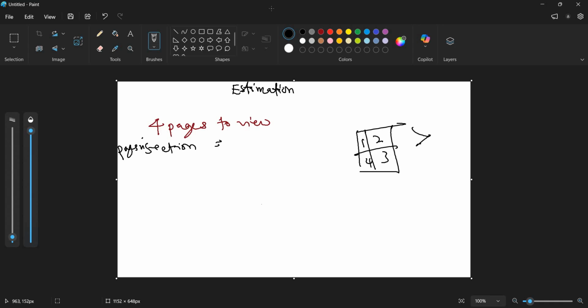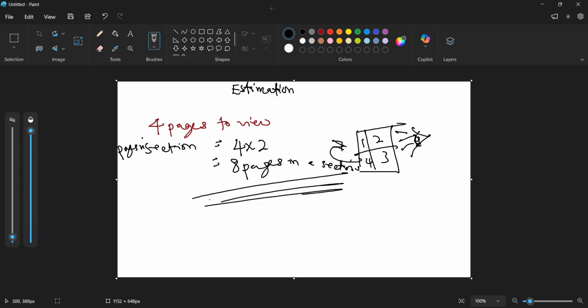Do you get it? So this is the eye. The eye can see only 4 at the moment. Do you get it? So when I turn to the back of this, I should see the same 4. Do you get it? So that means 4 times 2, then I get 8 pages in a section. Alright, okay, I think that's all for this, and then we move on to